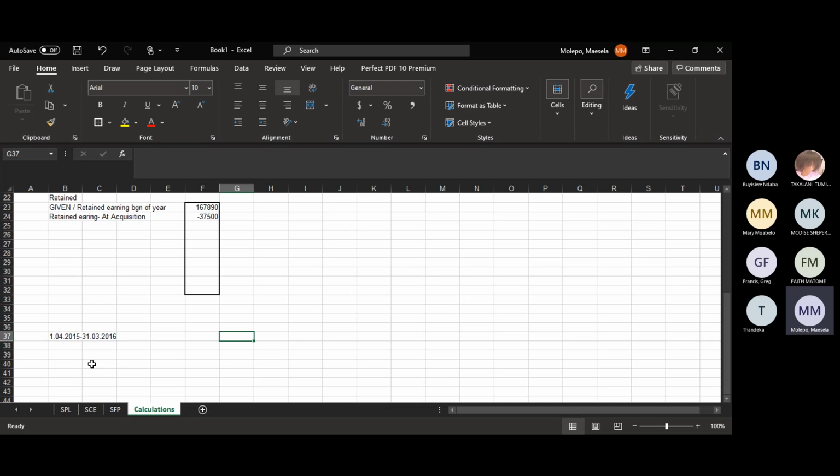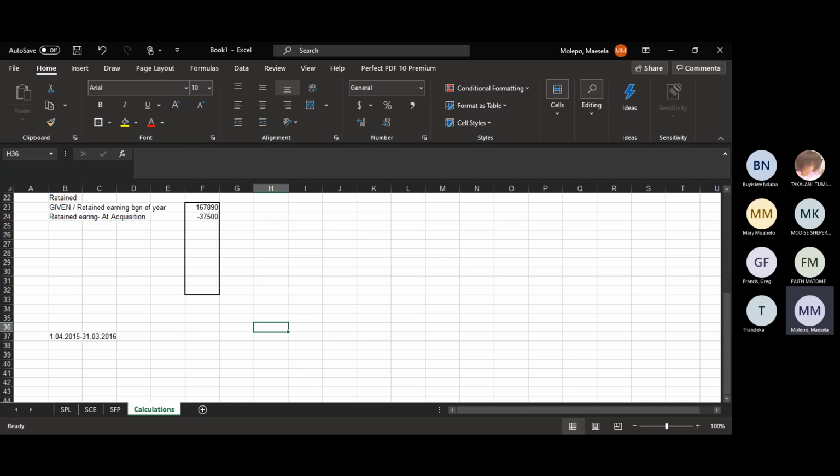So adjustment number 7, they say on 1 April 2015, the preference dividends of the previous year were in arrears. All arrear preference dividends were declared and paid on 31 March. Since they were in arrears, they're still going to be short because there was not enough profit to declare them. We're not even sure about the profit they realized in that prior year, because we only have the retained earnings of 167,890, and we don't know how much profit they've realized before, but that one we can jump. So the adjustment that will affect is the one on the rubber stamp, which is adjustment number